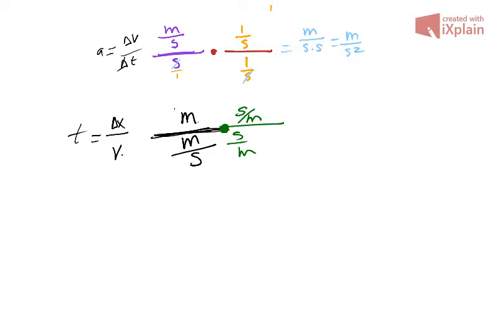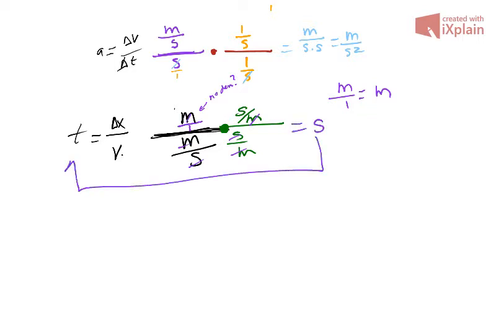Now this one's kind of tricky because this top one doesn't look like it has a denominator. So you can give m divided by 1. M divided by 1 is the same as m. So you can put m divided by 1 there so you're not confused. And we see everything cancels. If this m is on top and this m is on bottom, then they cancel too. And we're left with seconds. And seconds matches up with time. Meters per second squared up here matches up with acceleration. Those are the units of acceleration. These are the units of time.